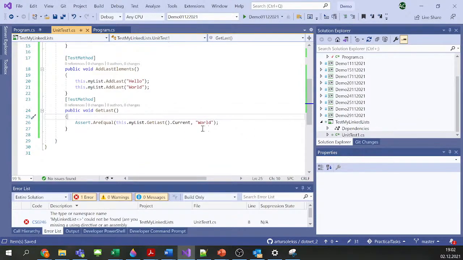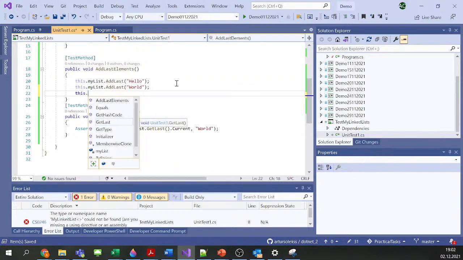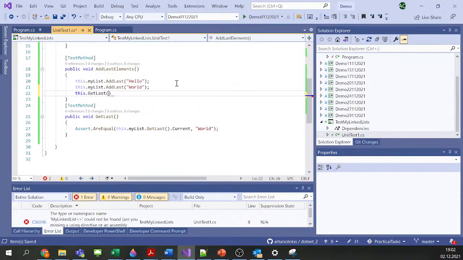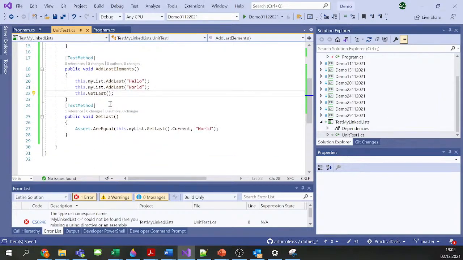Yeah, now it is better. Okay, so then we can check this. I think from here we can also call get last. I think we can, right? And this may be a little bit confusing, but yeah,